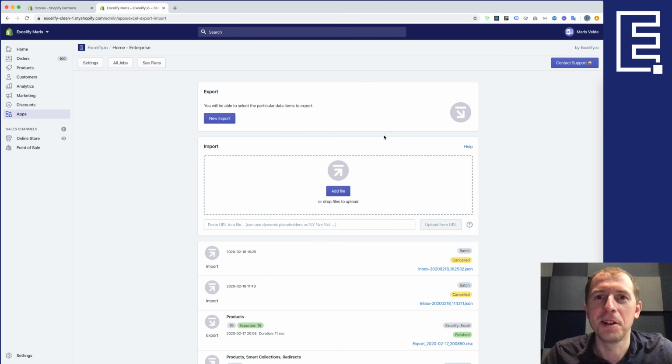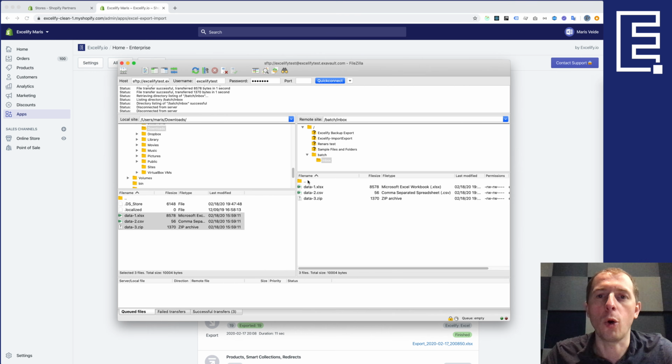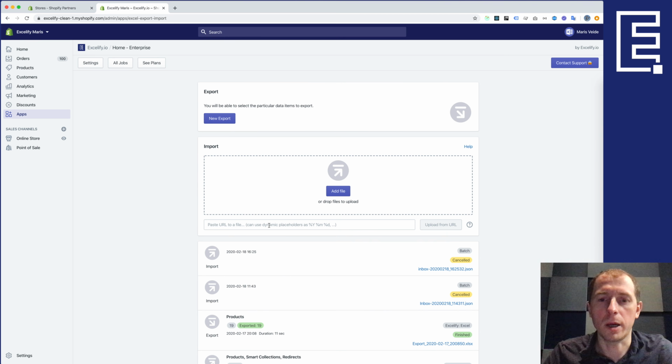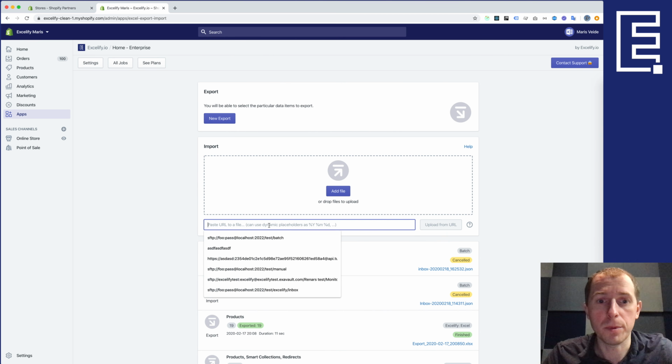Hi again. So today I will show you how you can import the whole directory from the SFTP server or FTP server to Shopify. So here we have an SFTP server with some sample files. I have 3 files here, and I will copy the URL to this folder,